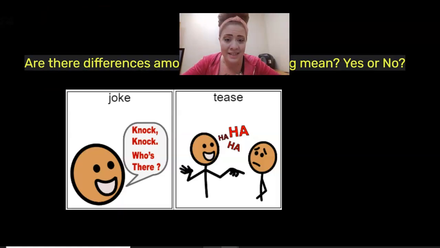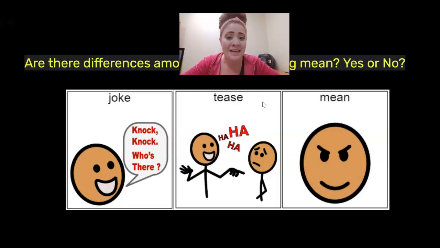If somebody is teasing you and you tell them to stop and they stop, well, then they're not bullying you. They have stopped because it is not repetitive. Bullying is mean in nature. So mean is something that is intentionally hurtful. Do you remember the on purpose in Boo? It's something that's done on purpose to hurt you.